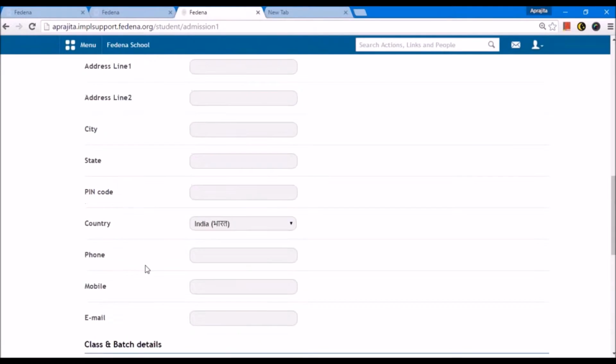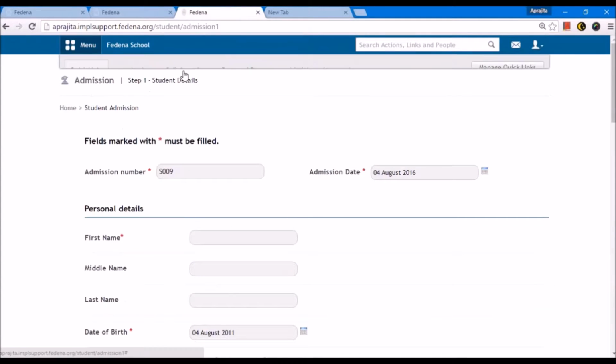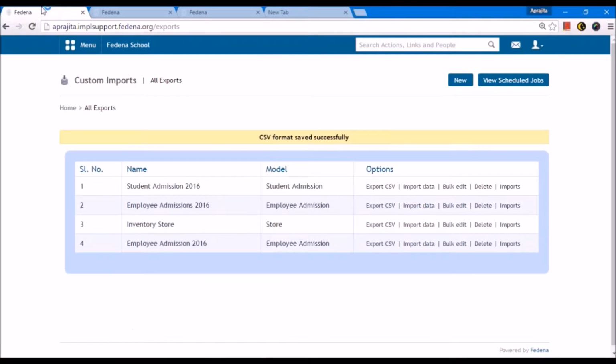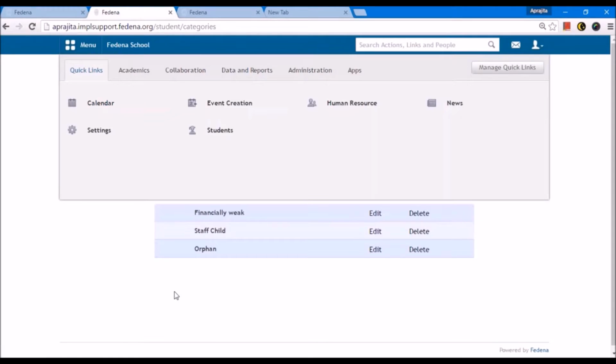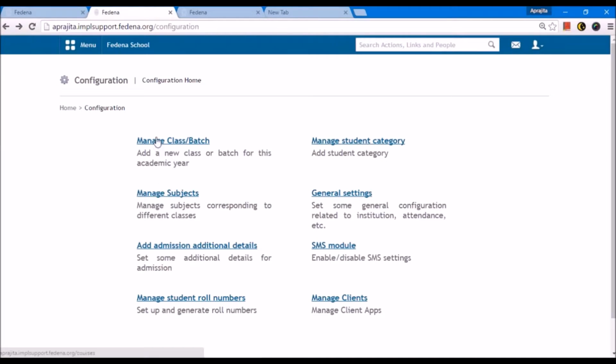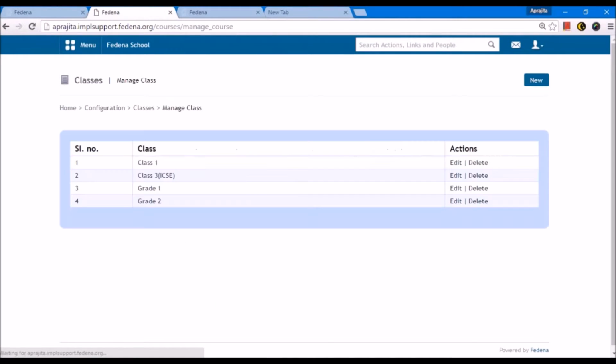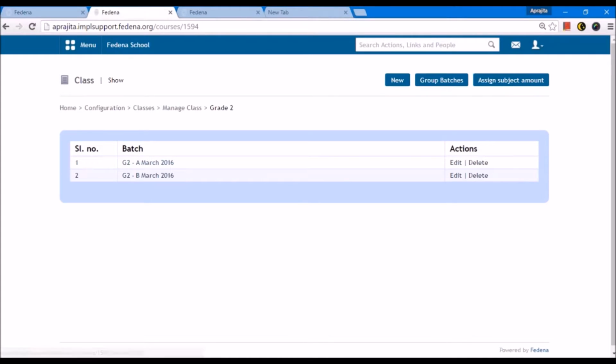That means here I will go to the settings and I can check class batch. I will go to the class. Now I will open the class in which the student wants to get admitted, so that would be, let's say in this case, grade 2.